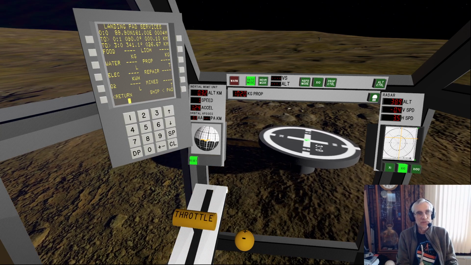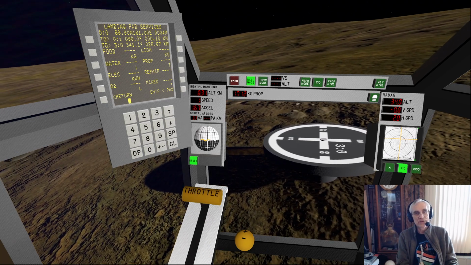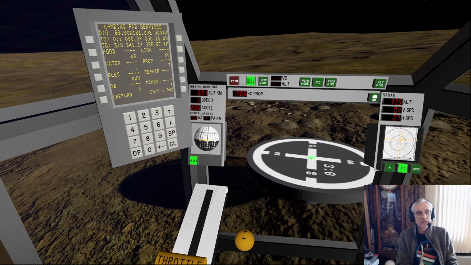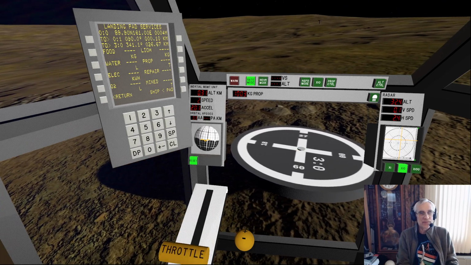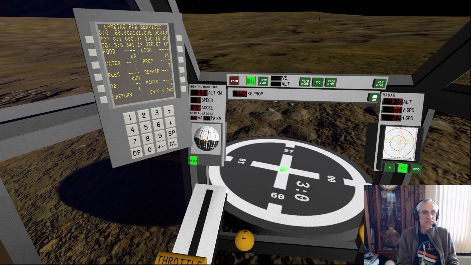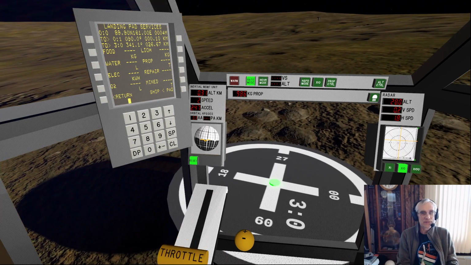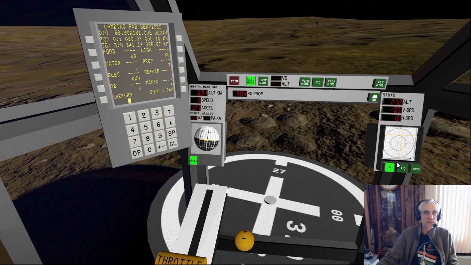So I'm playing this using a game controller, an Xbox controller. It is literally designed to be used with VR. It's a little less easy to demo that, and frankly far fewer people are going to be using VR than are using just the desktop version. So we're going to switch to the X1.